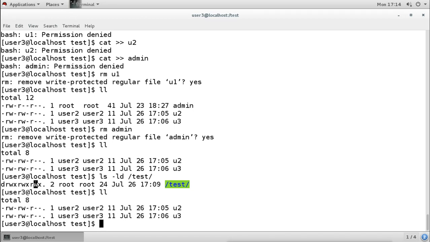If I remove the write permission for user 3 because it is deleting users' files, then user 3 can also not create files. We want users to create files, but not delete other users' files. So we can enable the sticky bit on this directory.